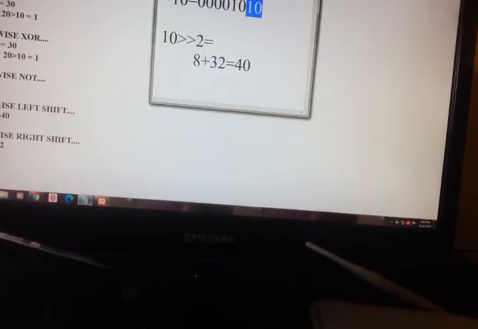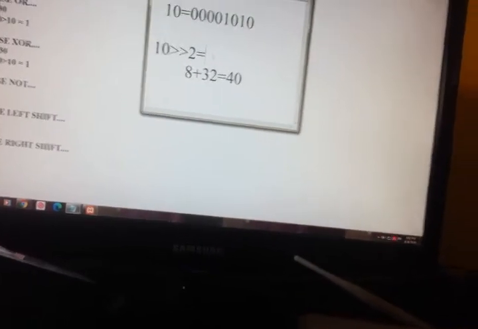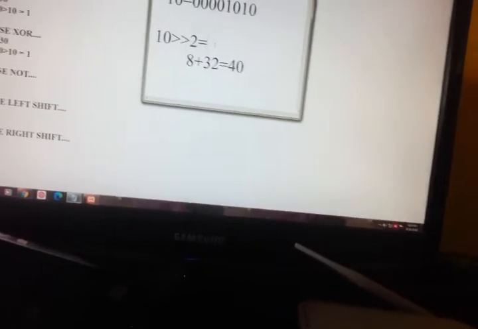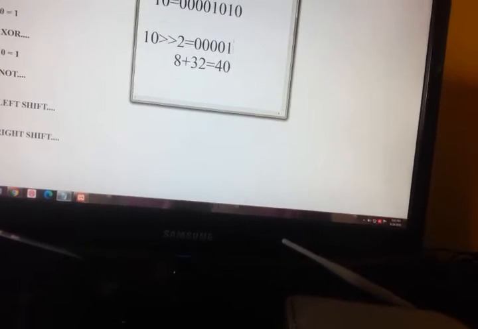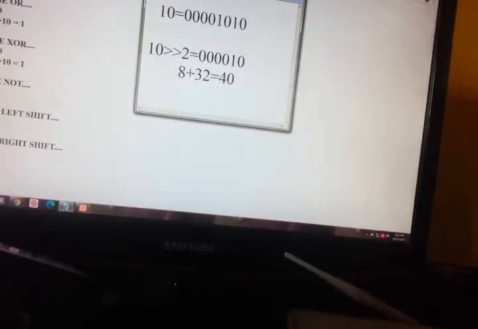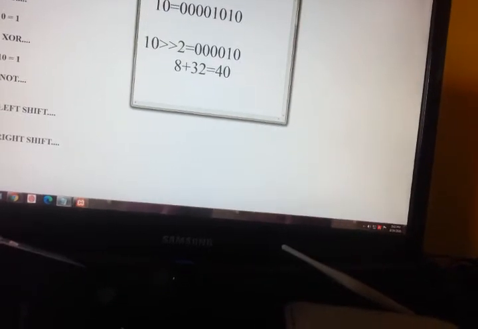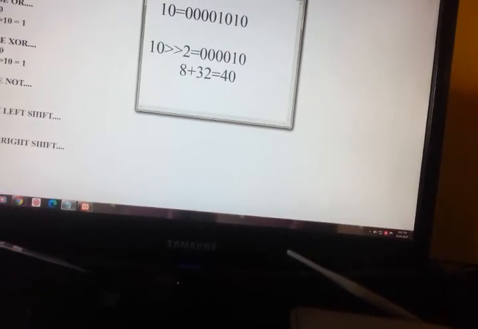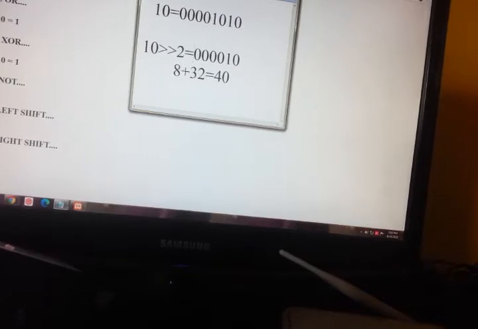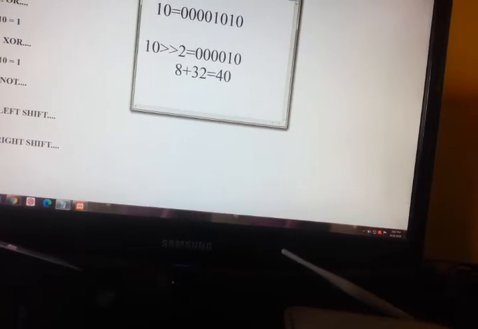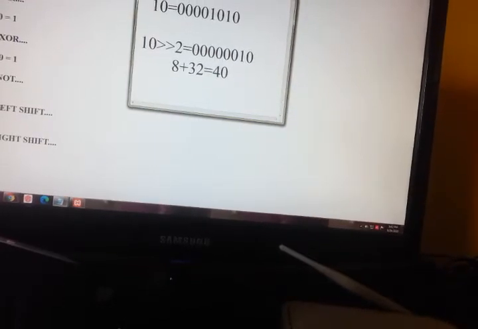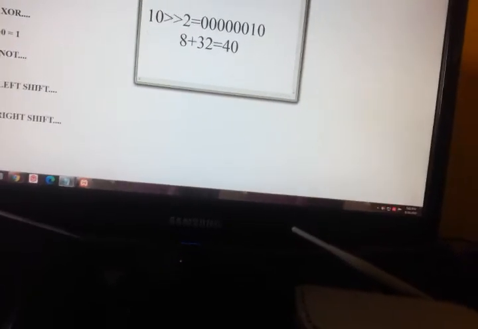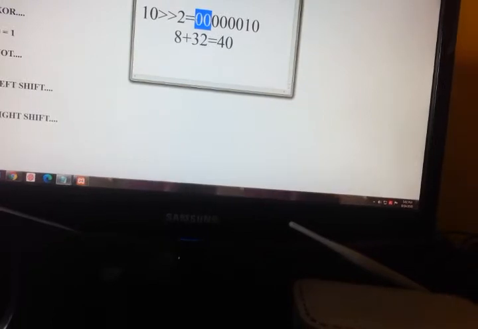So these 2 positions will be removed, leaving 1 2 3 4 1 0. To make it 8, as it is right shift, we have to make it 0 0 at the left, because these 2 spaces are empty.